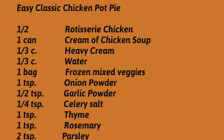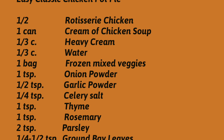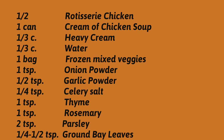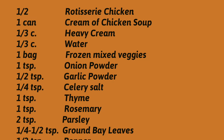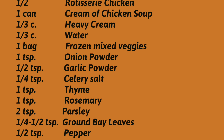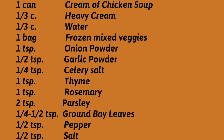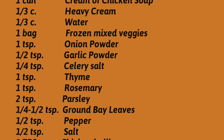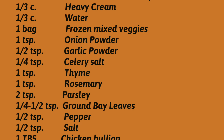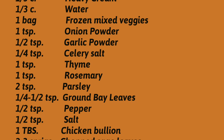And for the ingredients for the easy classic chicken pot pie, you'll need 1/2 of a rotisserie chicken, 1 can of cream of chicken soup, 1/3 cup of heavy whipping cream, 1/3 cup of water, 1 bag of frozen mixed vegetables, 1 teaspoon onion powder, 1/2 teaspoon garlic powder, 1/4 teaspoon celery salt, 1 teaspoon of thyme, 1 teaspoon of rosemary, 2 teaspoons of dry parsley,